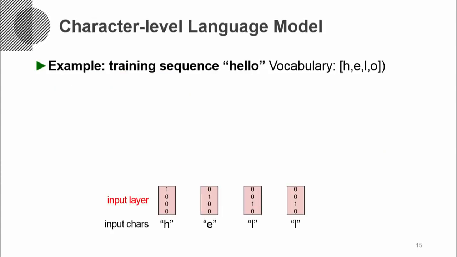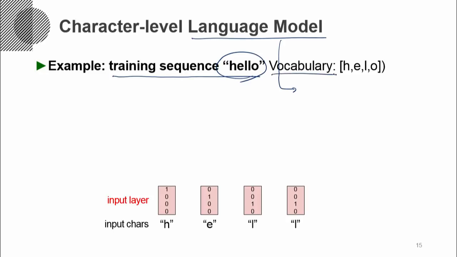Next, let's look at some simple and interesting application of this RNN model in the character-level language model. So the language model is a model that can predict the next word or next character given the previous sequence of words or characters. So for example, let's just train on the character-level sequence of HELLO, and in this case